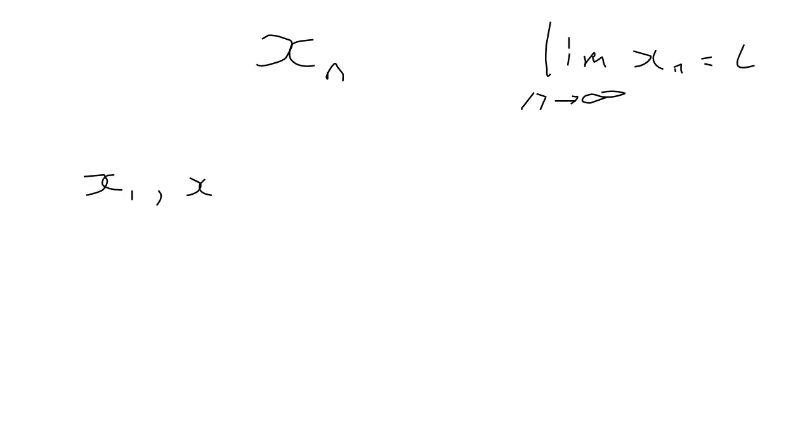This means as this. Let me show you everything I'm talking about. This is the limit as n tends to infinity of the sequence, equal to L. So as n gets larger, because we have this sequence, we're going to have x1, x2, x3, x4, and so forth. As this gets larger and larger, we want the sequence to be going towards a particular value, which we call L. So if you were to draw it graphically,